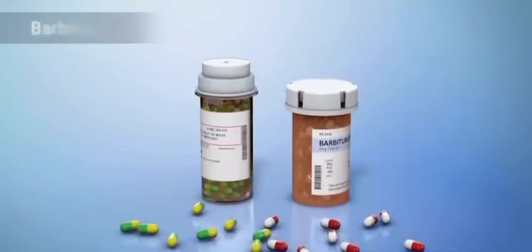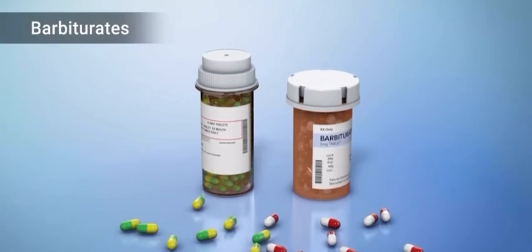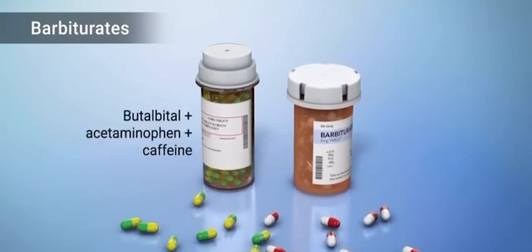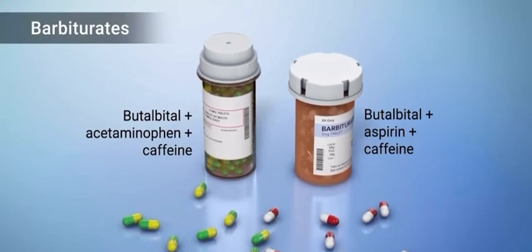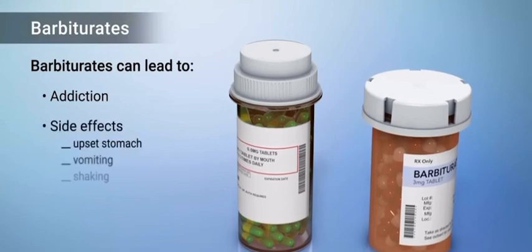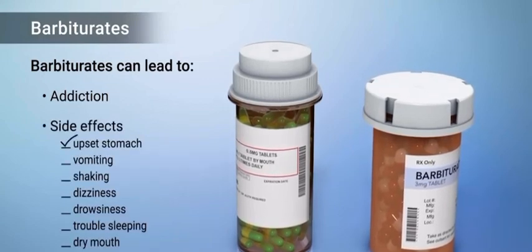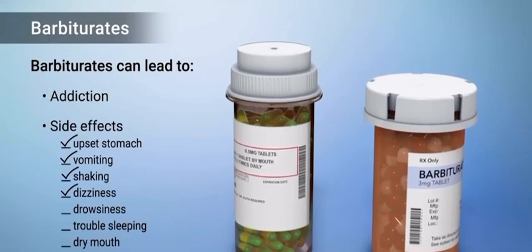Another rescue medication called butalbital is a type of barbiturate. Butalbital is often combined with caffeine, acetaminophen, or aspirin to treat migraine. But butalbital can be addictive and may cause many side effects, including upset stomach, vomiting, shaking, dizziness, drowsiness,